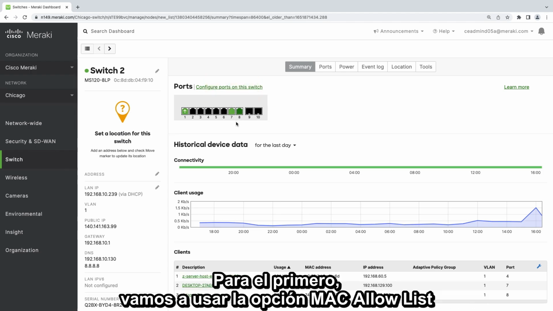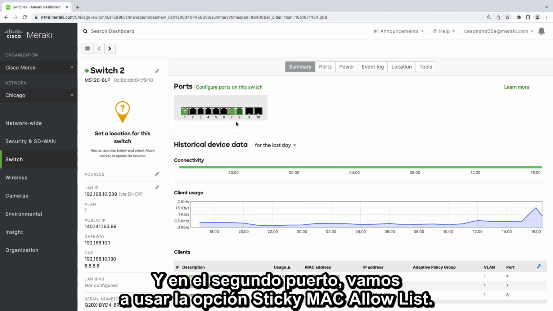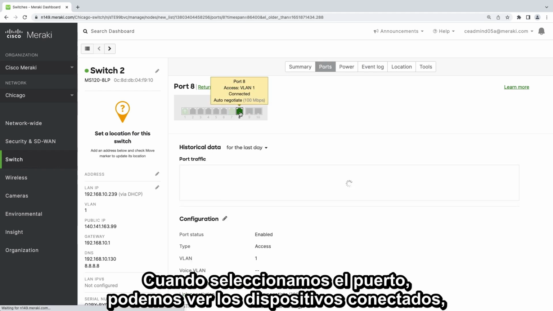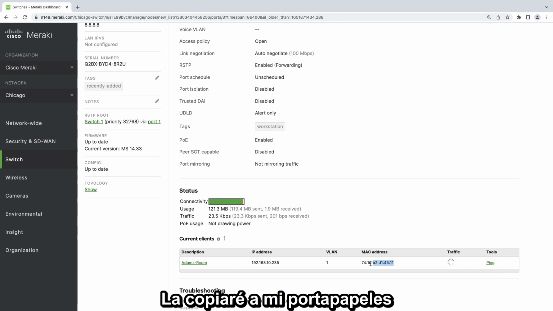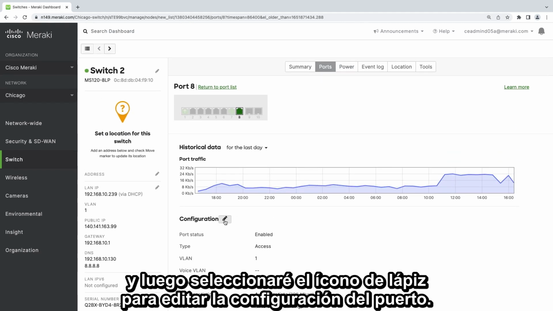For the first one, we're going to use the MAC allow list option and add the workstation's MAC address to the list. And on the second port, we're going to use the sticky MAC allow list option. Let's start with the first one. When we select the port, we can see the connected devices, which means I can find the MAC address that I need to allow. I'll copy that to my clipboard, and then I'll select the pencil icon to edit the